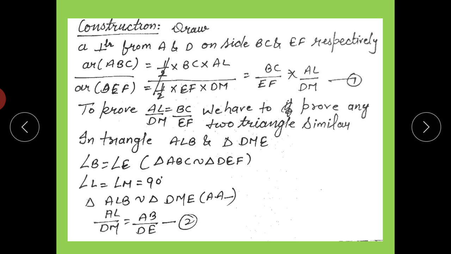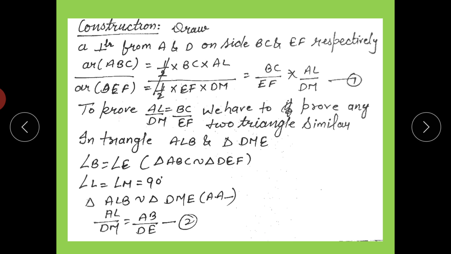What is given here? Given here is triangle ABC similar to triangle DEF. अगर ये similar हैं तो माइंड में थॉट जाना चाहिए कि ट्रायंगल सिमिलर होने से क्या होता है. ऑल द कोरस्पॉन्डिंग एंगल्स ऑफ वन ट्रायंगल इज इक्वल टू all the corresponding angles of the second triangle, and the ratio of corresponding sides must be the same. So the ratio of the corresponding sides should be the same, and angles are equal.